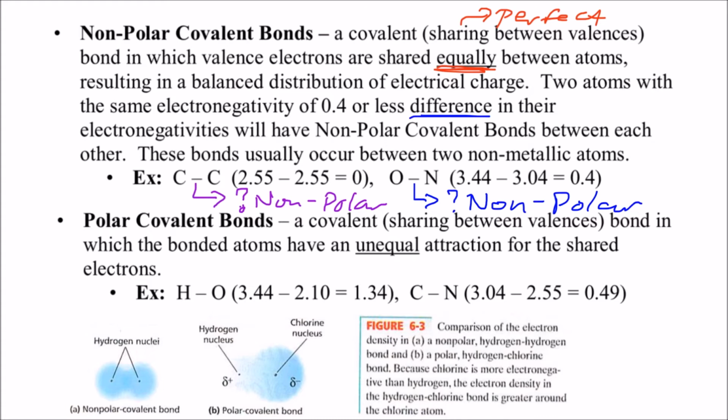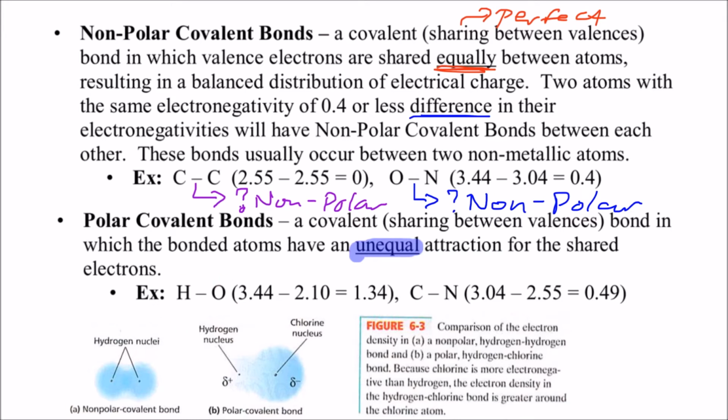Now let's talk about a polar covalent bond. Polar, like we said, means there's a separation of charge there. We're still sharing the electrons. That's true because we're covalent. That means there's that partnership. They're still sharing, but since it's polar, it's an unequal sharing. So we have this unequal sharing of electrons.